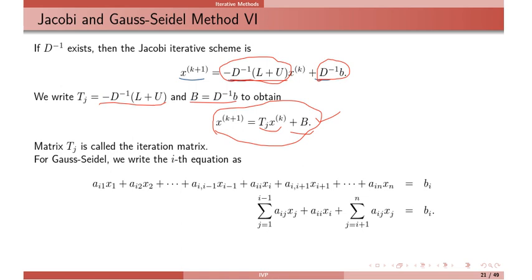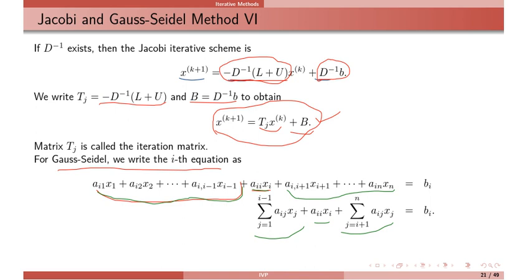And in the same fashion we write Gauss-Seidel. In Gauss-Seidel we solve in the same manner, but to find x_i we use the updated value immediately. So I am splitting this sum in two parts. Before i, that is up to i minus 1, a_ij x_j, then the ith value, and after the diagonal, that is i plus 1 to n.